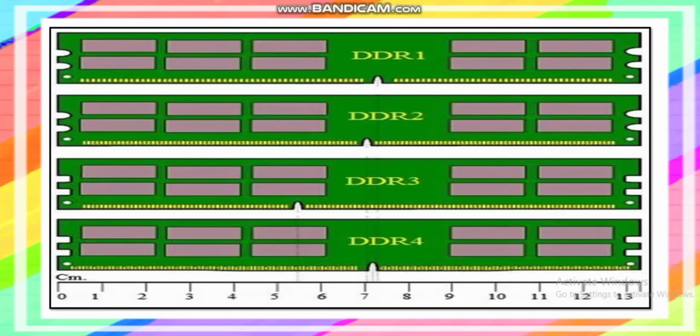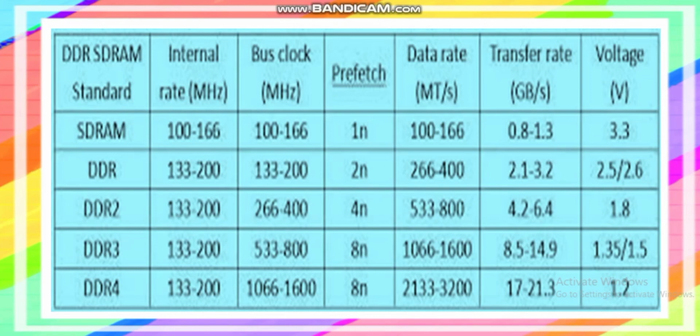So another example, DDR1, DDR2, DDR3 written on the title, you can see the exact location of the notch. It is almost similar in DDR1 and DDR2, but DDR3 has a different location of the notch, and DDR4 is also the same as DDR1. So almost you can see they have a very similar direction. So this is another example for you.